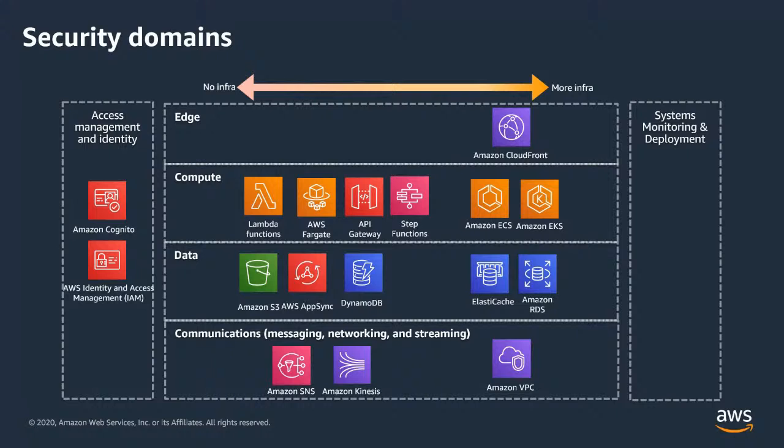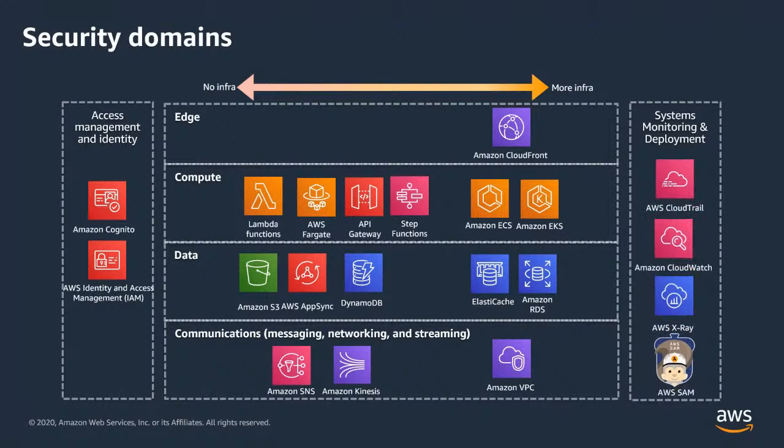And then you would have systems monitoring and deployment. When you put an application into production, you wouldn't just deploy it and forget about it and hope everything works. What you would do is continuously monitor that application. You want to make sure that you're able to access all the application logs, and all the access logs of AWS, right? Who is accessing your AWS account, and you can audit it anytime you want, just to make sure that it's always secure.